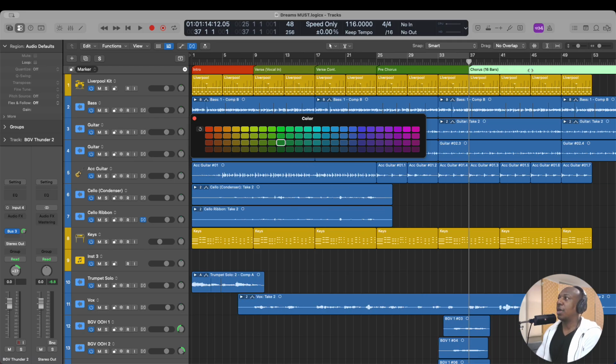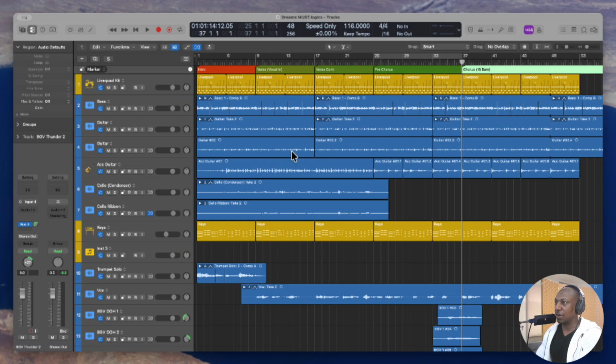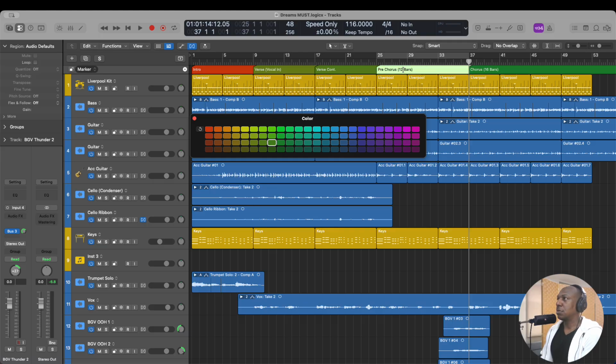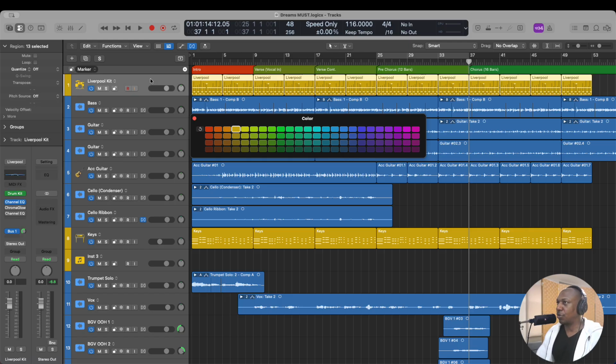So if I zoom out, I get a clear, concise picture of what my form is going to be. I have an intro. I have verse in. The first half of the verse, 8 bars, plus another 8 bars. That's going to be 16, if I'm not mistaken. And the pre-chorus, I'll be a little more specific. We'll call that 12 bars. Now, the reason why I'm putting this in is that this drum track that you guys are going to be working on,